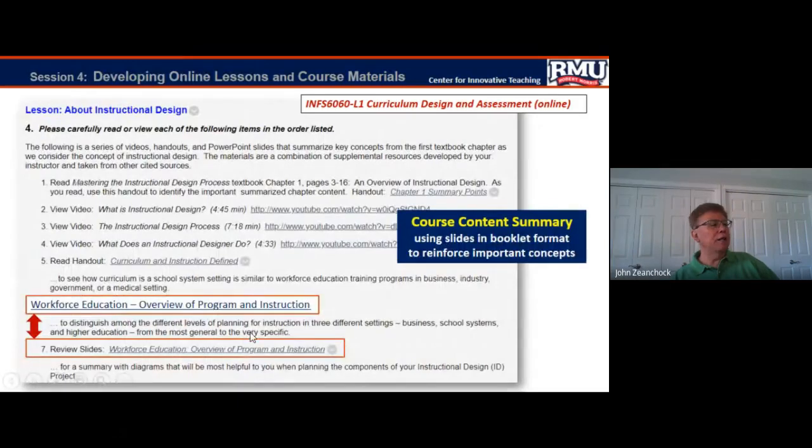Okay, here is another example of, in this case, providing content summary in another form. So we talked already about several different ways to provide content summary. You can do it in a video. You can do it in voice-over PowerPoint slides. You can do it in a Word document like I just showed you on the previous slide. Here's another example where you can use